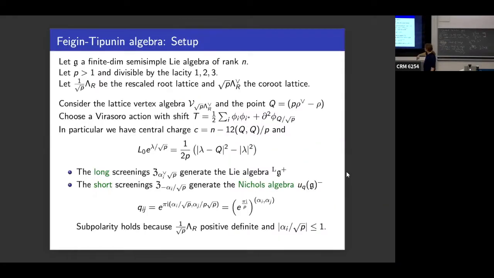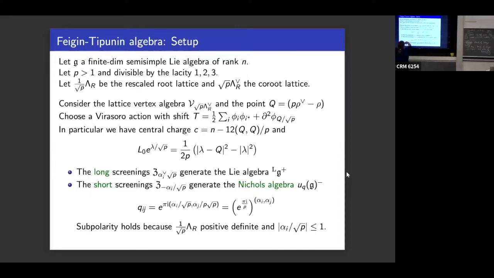I want to summarize, but we have time. So I have very few slides, but I try to summarize everything on one slide. So what is the setup that you have in general? With general in particular, I mean also non-simply laced, because several results we saw are simply laced. So this is all, I think, standard notions.